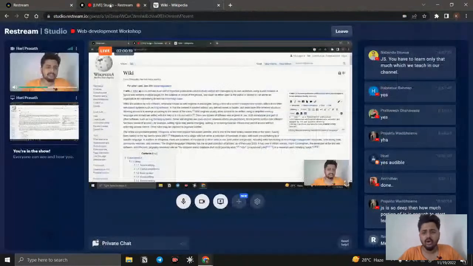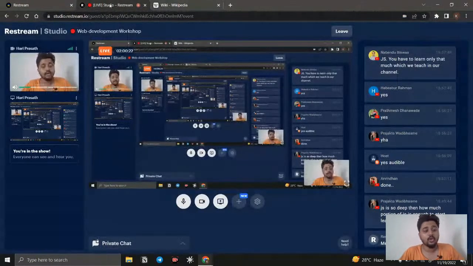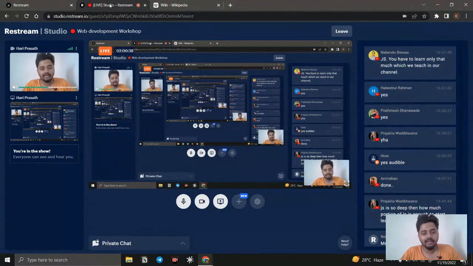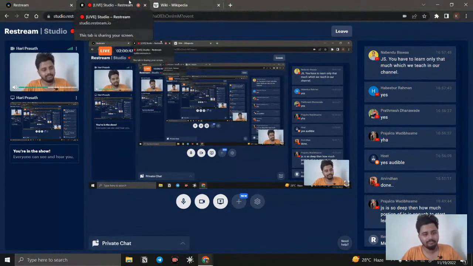If you already know about web development, or a little bit about JavaScript, that's absolutely fine. And for a person who doesn't know anything about web development and JavaScript, it will be a great session. And number three is, don't compare JavaScript with any other programming languages. JavaScript is weird, and it is not going to work exactly the same way as other backend programming languages. Let me see how Wikipedia is working.